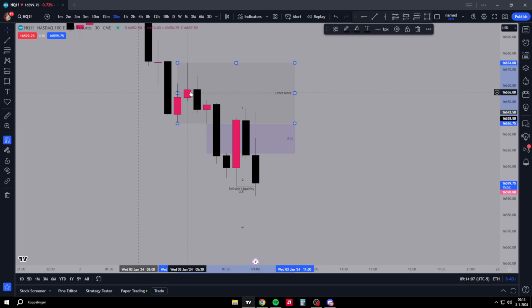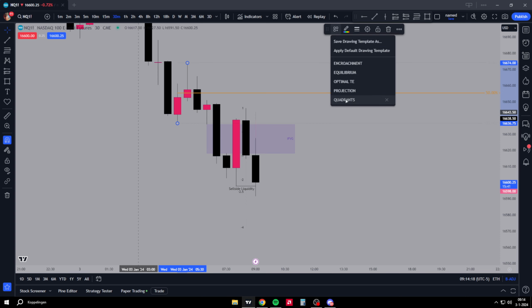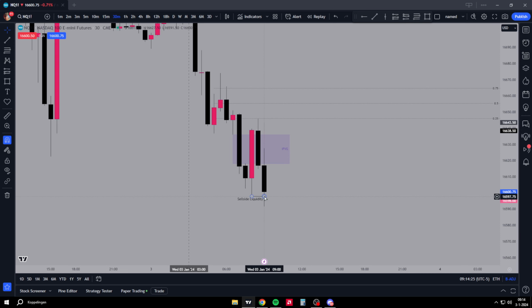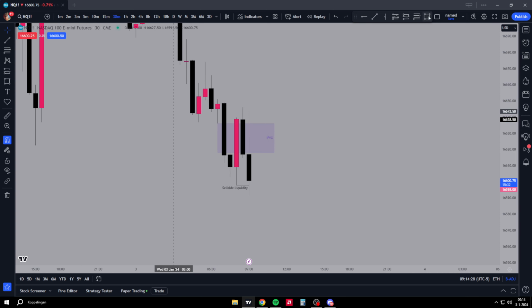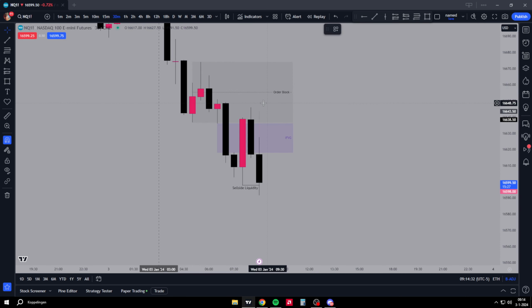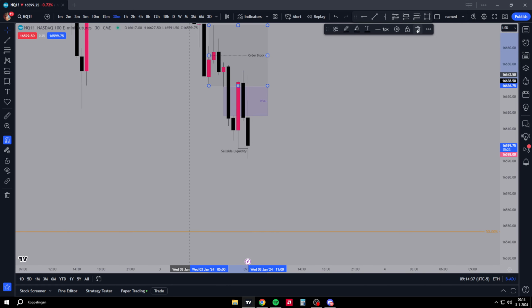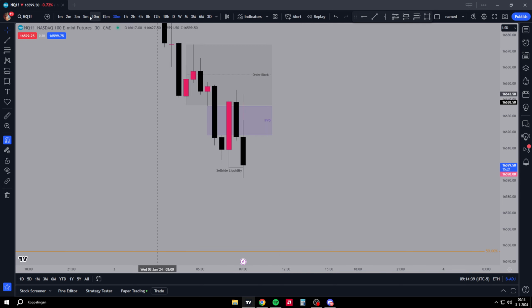If you don't believe me that this is the actual order block, and you think these bodies are the order block, well, if I take the quadrant from here, a 0.25 quadrant right there, it taps into it perfectly, then goes lower. So that is my order block right there. Mean threshold, we have it there.